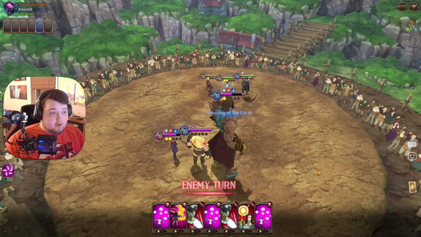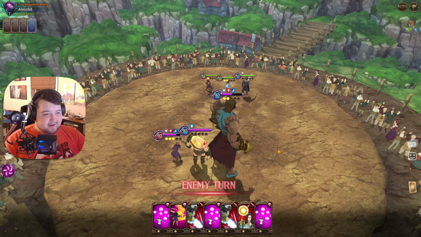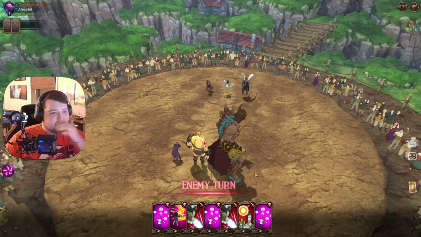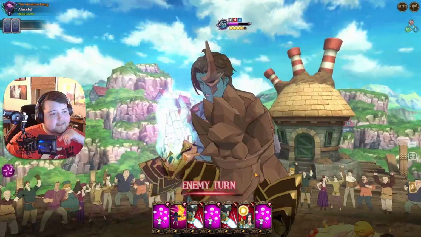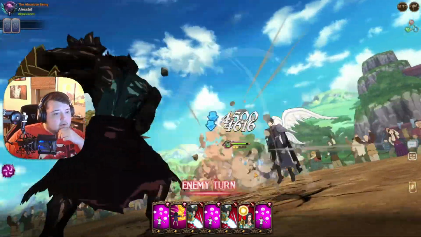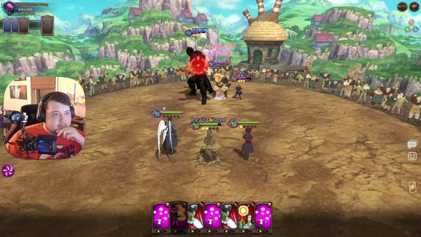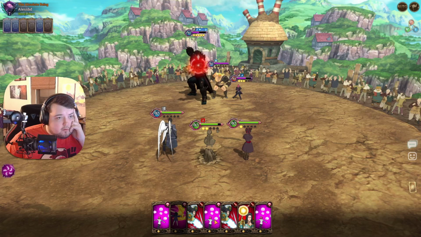So that was basically the whole design around the team, was to one-shot Margaret with this team first turn, and I would say that was a success. Now my biggest problem is going to be Escanor, of course, and I think he is doing a taunt here, so I'm not going to be able to hit him quite as easily. Okay, he goes for Merlin, not a big deal. I kind of would have liked to have used that Infect card, if I'm being honest, but it is what it is. I think let's go for...